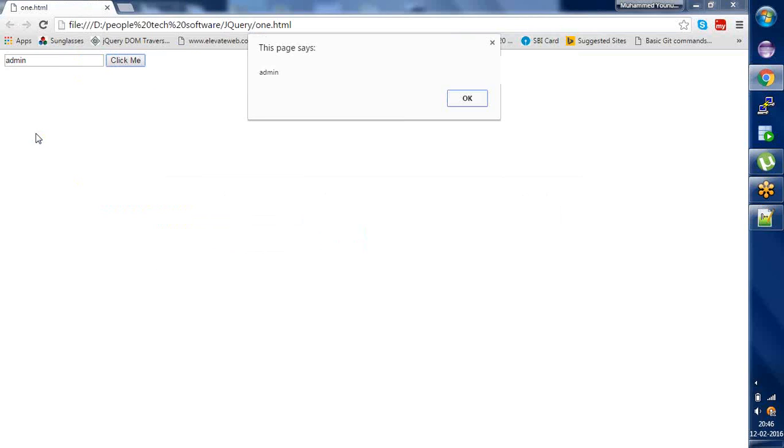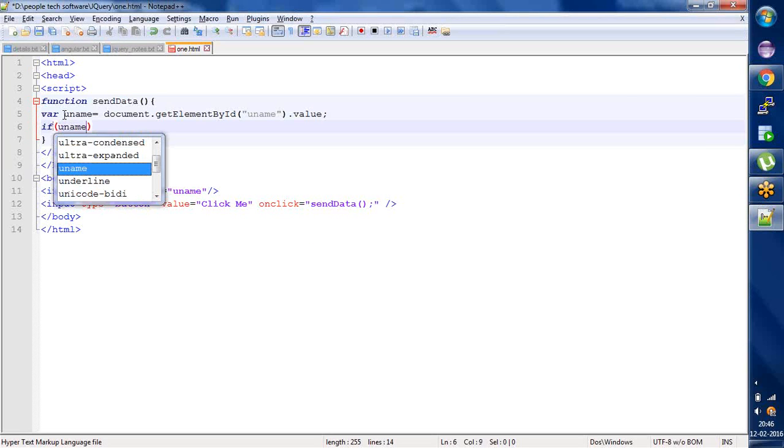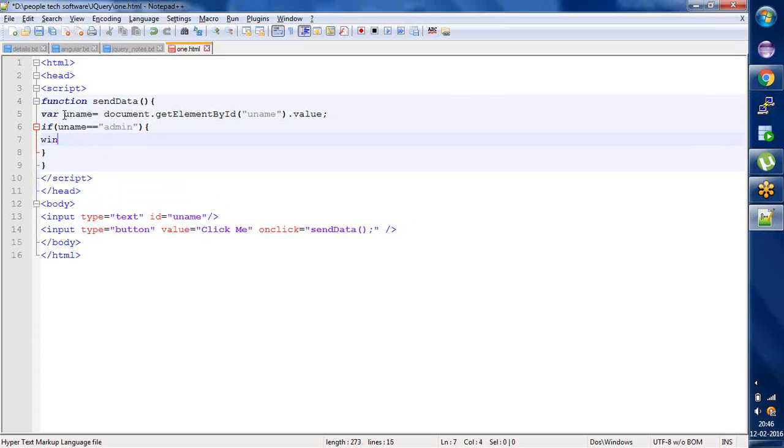So what I mean to say is that from this text field, we have successfully transferred the value to a scripting function. So this is a function over here. So the value has been transferred. So if uname is equal to admin, then you can use it for multiple purposes like